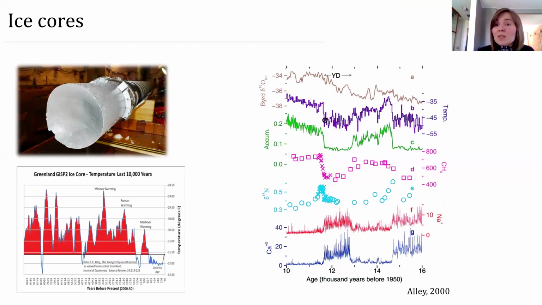For example, the ice cores can preserve records in the structure, in the water, in the air bubbles. They can preserve chemical components and the chemical structure of the environment. And based on this, for example, we can reconstruct the temperatures in the geological past. Here you have an example of a reconstruction. This is very canonical for Greenland ice cores, and the reconstruction of the temperature during the Holocene, in the last 10,000 years, based on these core records from the ice caps of Greenland.